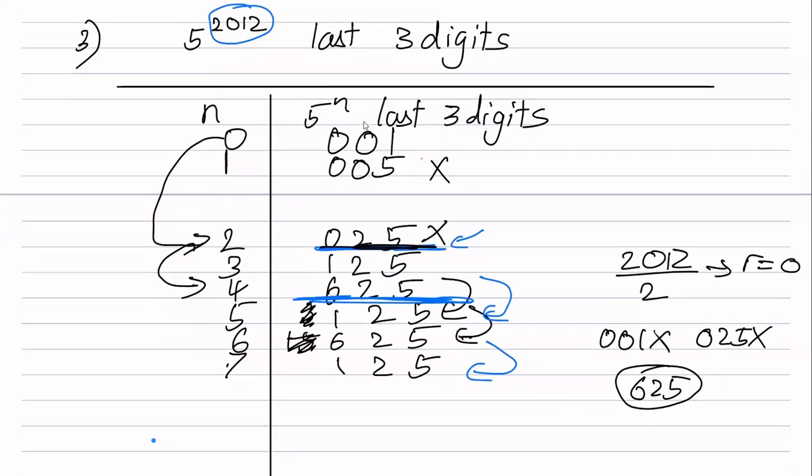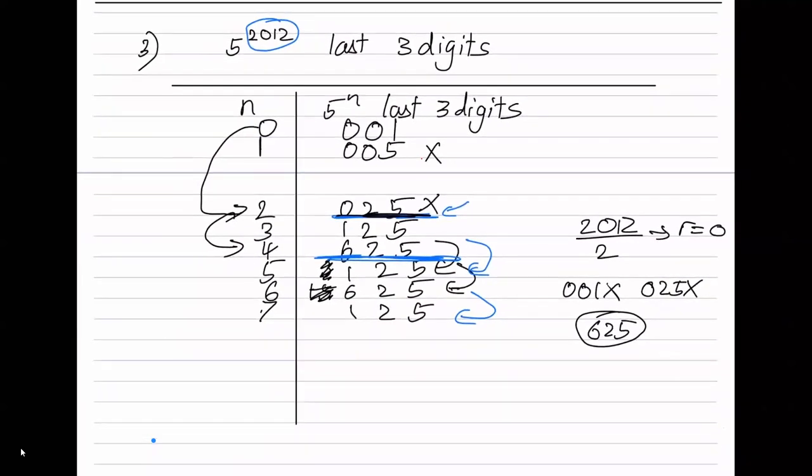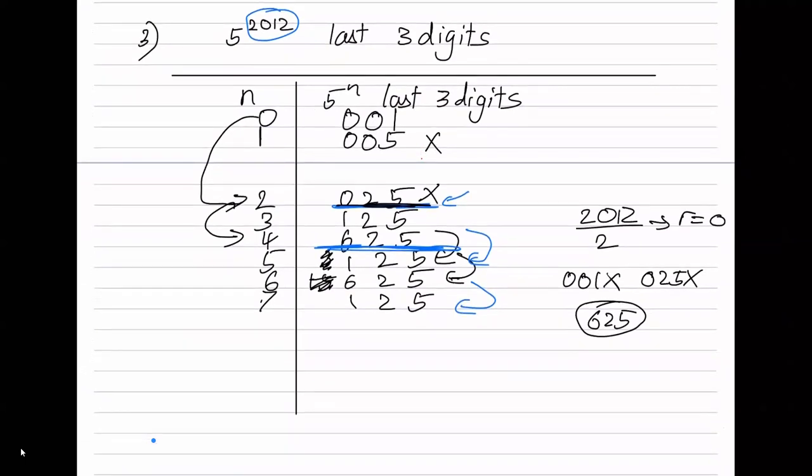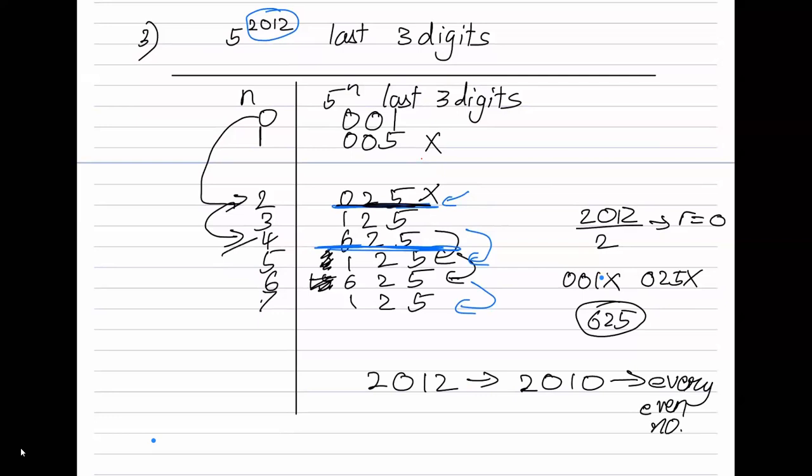See, like I was explaining, 625. 2012 will be the same as 2010, will be the same as every even number. Correct? So it will be the same as 4, the same as 6, and supposedly the same as 2, but because 2 is not part of the periodicity,